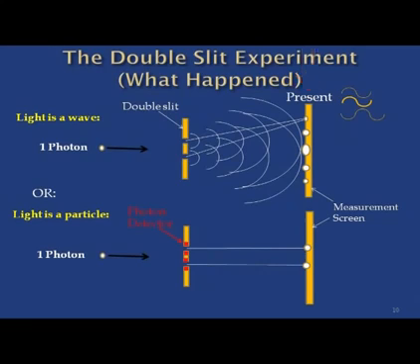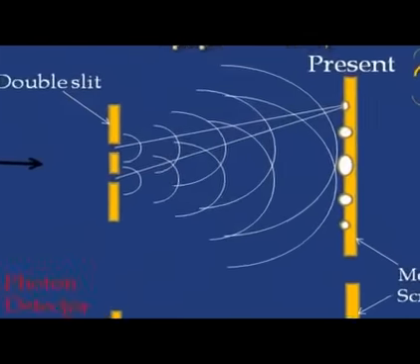So they decided, let's test this out. They were very clever, and found a way to fire one photon at a time at these slits. Of course, one photon isn't enough to measure, particularly in those days. So they actually fired thousands, but they only fired them one at a time. So only one photon at a time interacted with these slits. And what do you think they got? Did they get this or this? Well, they got this. They got a diffraction pattern.